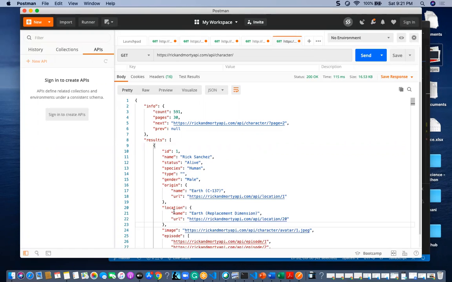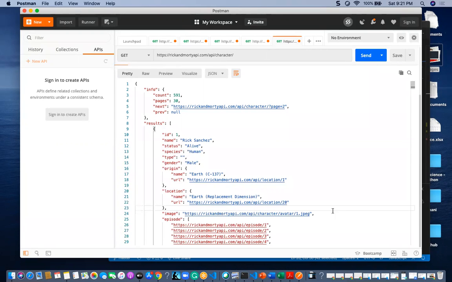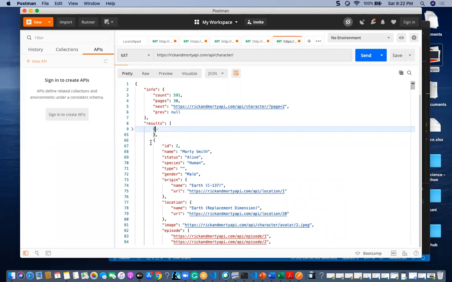I also have location here, and also image. This image I want to iterate through the entire application. This image value is for ID 1. Likewise, here I have ID number 2.